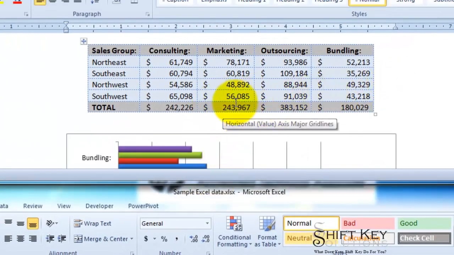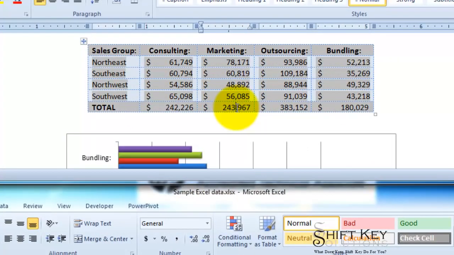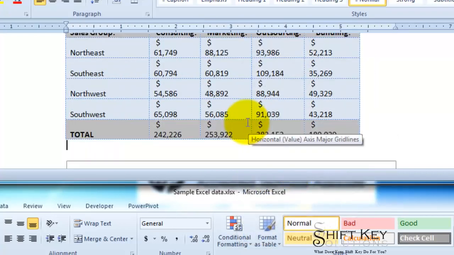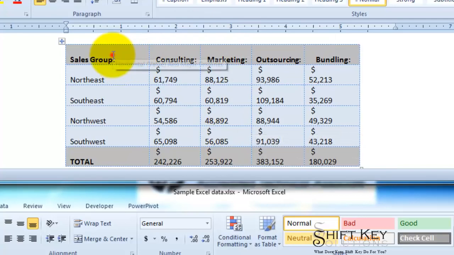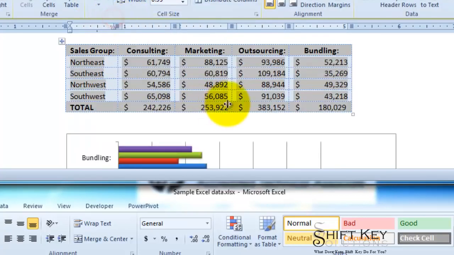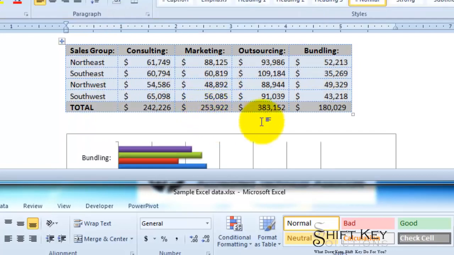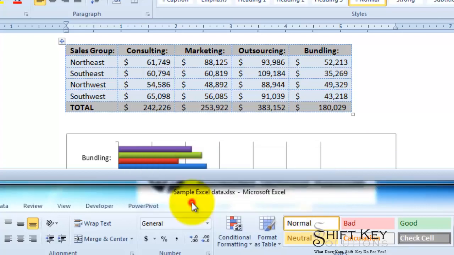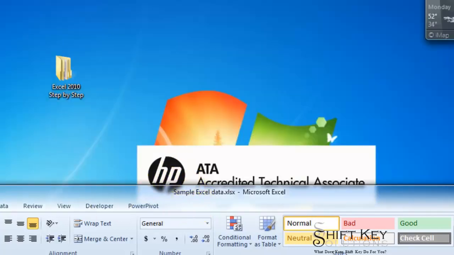So I need to come to my Word document, right click on it, update link, and it may format it a little bit differently. That's okay. We're going to just auto fit it again. There it is. And there's our total with the update. Now, once I close this down, I'll give it a demonstration here. I'll save the changes, and then if I go back to my Word